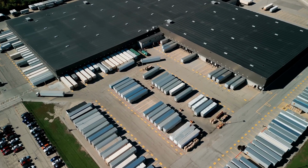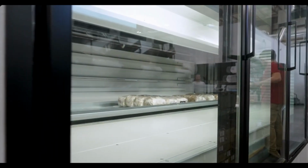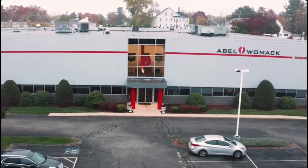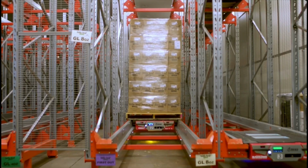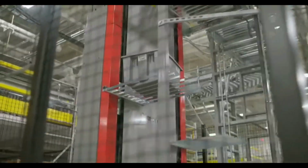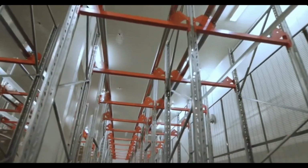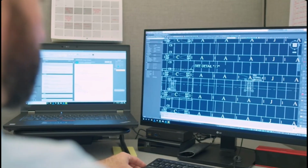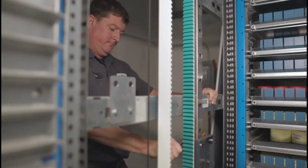When it comes to optimizing warehouse operations, automation isn't just the future, it's already here. In this episode, we sit down with Jonathan Camilla from Abel Womack to uncover how forward-thinking companies are transforming their warehouse floors with robotics, AI, and smarter material handling systems. If you're a corporate tenant looking to boost efficiency and cut costs, this conversation is packed with insights you can't